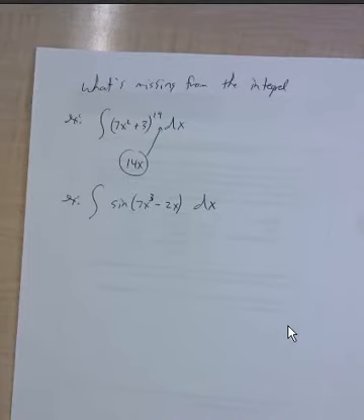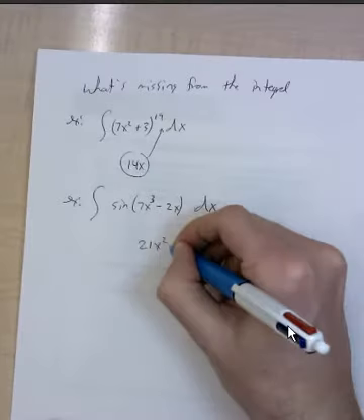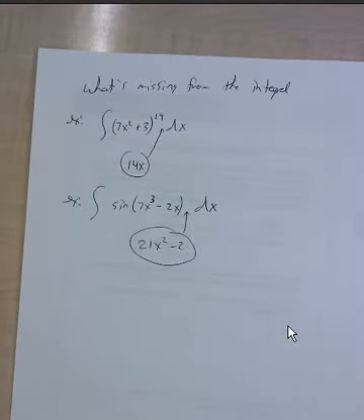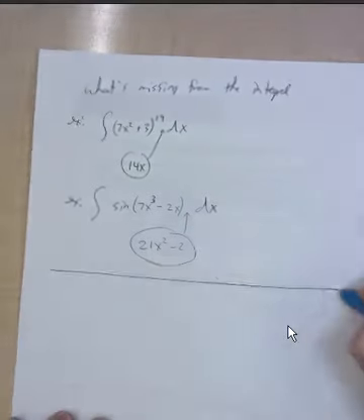The answer is 21x squared minus 2. That's what's missing. That's what we would like to see right there. Are we cool? All right. So, I'm going to go one step further with this example right here, and then I'm going to